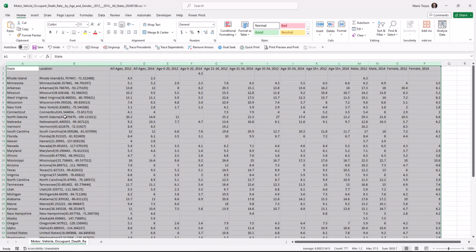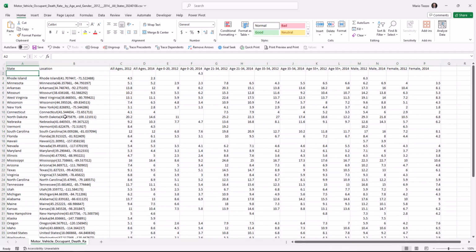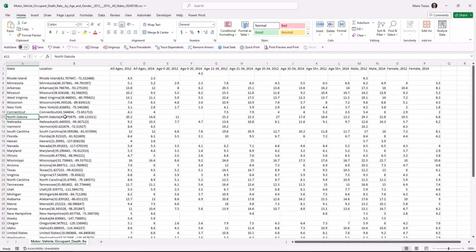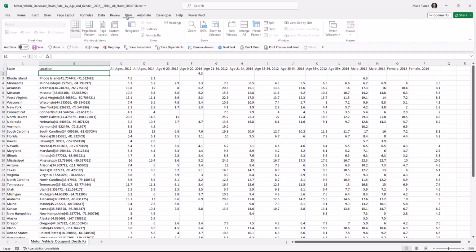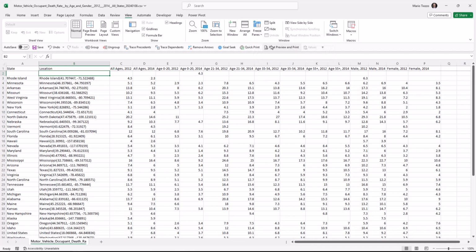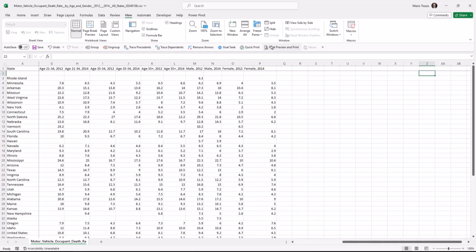Because it's a fairly big data set, you lose the context if you go too far on a spreadsheet. So if you go down, then you don't see the headers anymore, and you can get a little bit lost as to what the data means. I'm going to go back to the top. I'm going to go to cell B2. I'm going to go to the View tab, Freeze Pane in the ribbon. Just press Freeze Pane here. Freeze Pane will always go above the cell and to the left of the cell. So because I went to B2, it'll lock in the first row and the first column. You see, now we can see the header. And if we drag it to the right, we can see the state field.